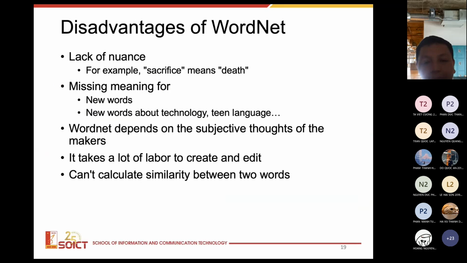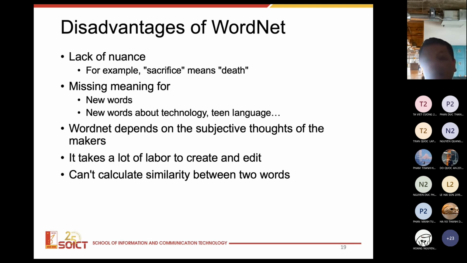But it has some disadvantages. For example, it lacks nuance. We see that sacrifice means death, right? But the nuance of sacrifice is different from death, right? And also it has no entry for new words, for example words found in teen language. That is something we might not be able to find in WordNet, right? Because WordNet is something